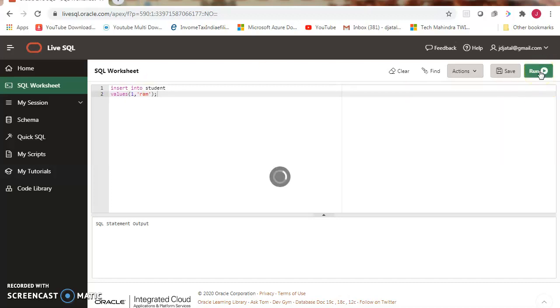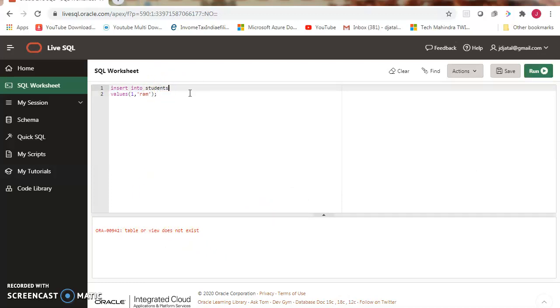execute it. Our table is students. Okay, I am putting yes. Okay, one row inserted. Now I will show you how an error will occur. Okay, insert into students.